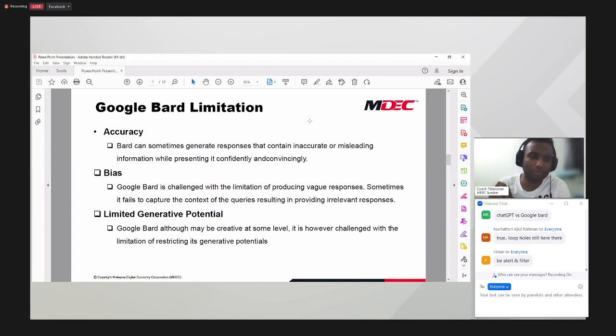And of course, sometimes there is a limitation in terms of generative, because there are a lot of restrictions in terms of technologies.